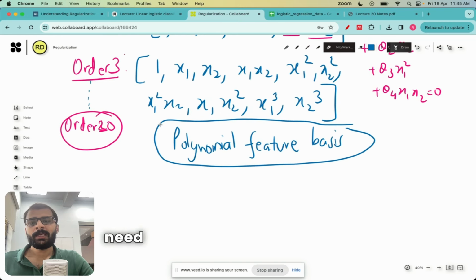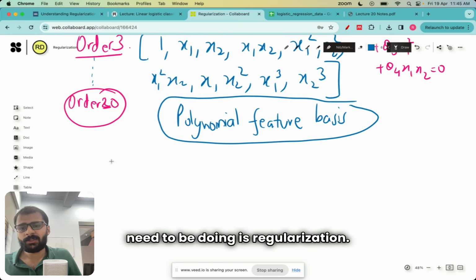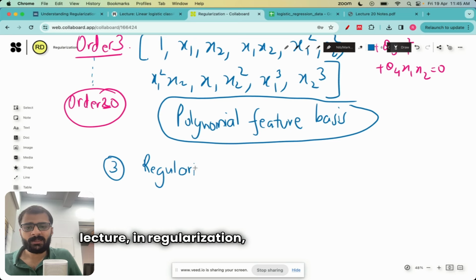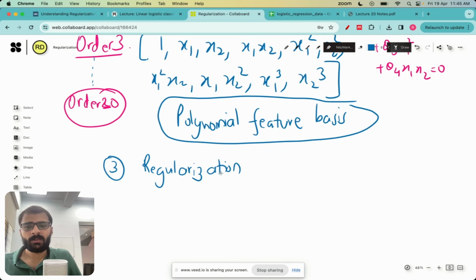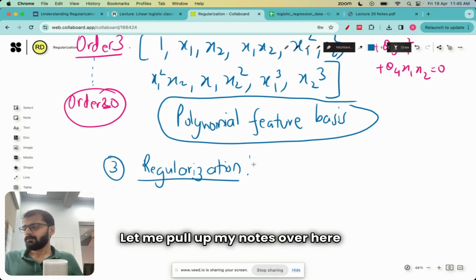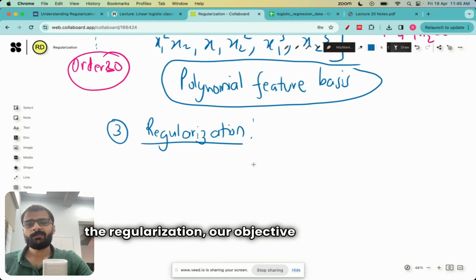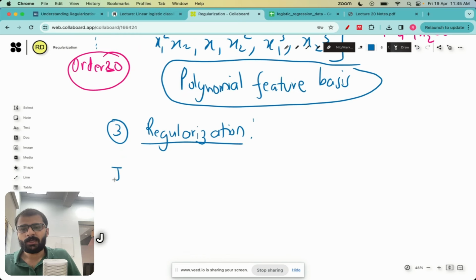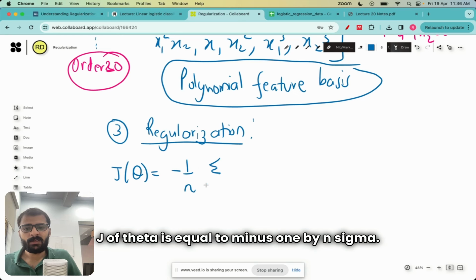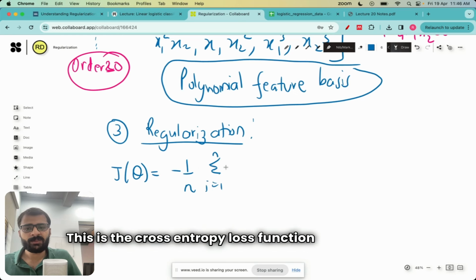The third thing which we will need to be doing is regularization. As we saw in the last lecture, in regularization, our objective function looks something like this. J of theta is equal to minus 1 by n sigma, this is the cross entropy loss function,